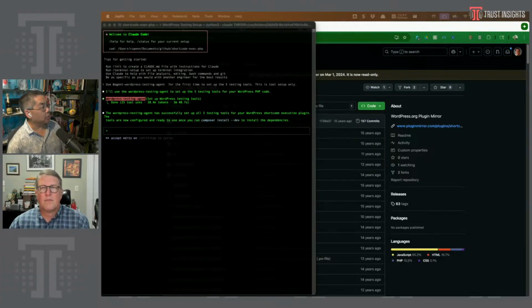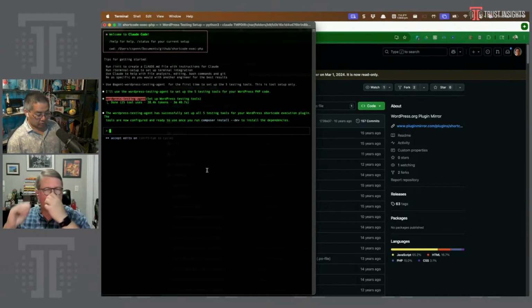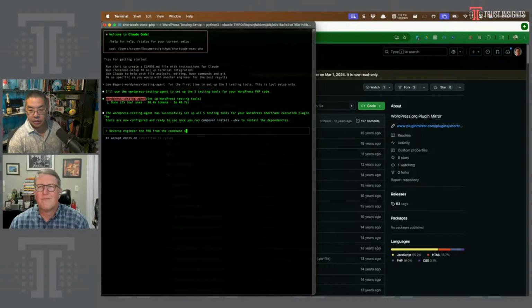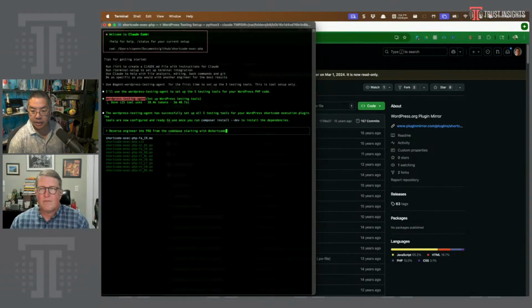So one of the things we might want to do is, instead of just starting from scratch, which would not be the best idea, what if we could reverse engineer a product requirements document from this? So I'm going to go to Claude. I'm going to say reverse engineer the PRD from the code base, starting with @shortcode-exec.php